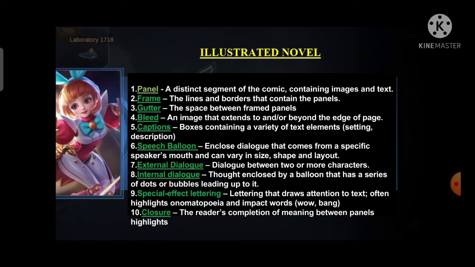So, illustrated novel, the first is the panel. A panel is a distinct segment of a comic containing images and text. Then next is the frame, the line that borders and contains the panels. So have you seen a graphic novel? So may panel, may frame, gutter, bleed, captions, speech balloon, external dialogue, internal dialogue, speech effect lettering, closure,